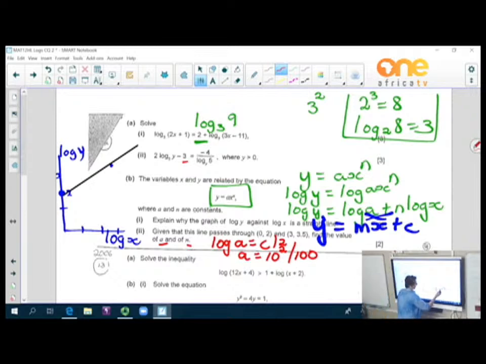Now, n is x. So we have to find the gradient. M is equal to n. Log x, x, both axes are logged. So we don't need to unlog that one. So what is this one's gradient? And I will use those points there, y2 minus y1 over x2 minus x1. So I can say that n, or the gradient then, 3.5